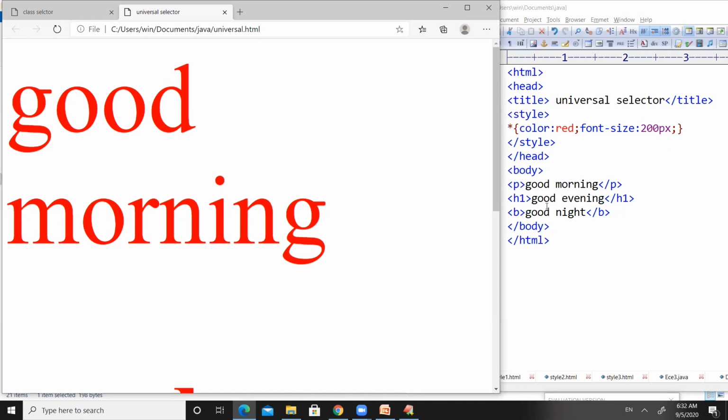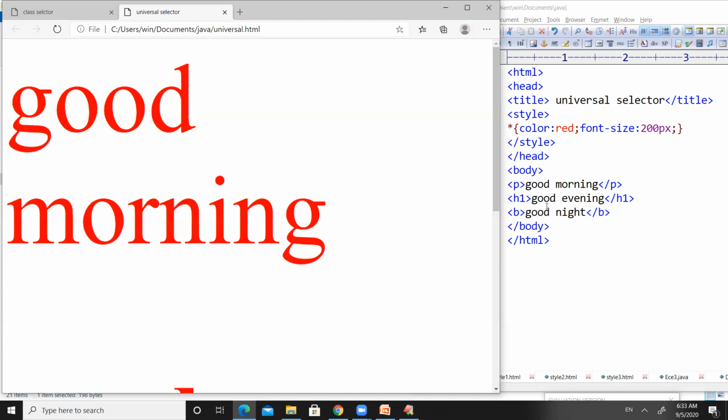Here, if you observe, we don't apply any ID selector or class selector. We don't use any ID or class attributes while defining the elements, but we know how the paragraph tag will display the same text. Paragraph tag by default will display text in black color and with a small font size. At the same time, H1 will display text in black color with a somewhat higher font than the paragraph tag. And the B tag will display text in bold, and the color of the text will be black, right?